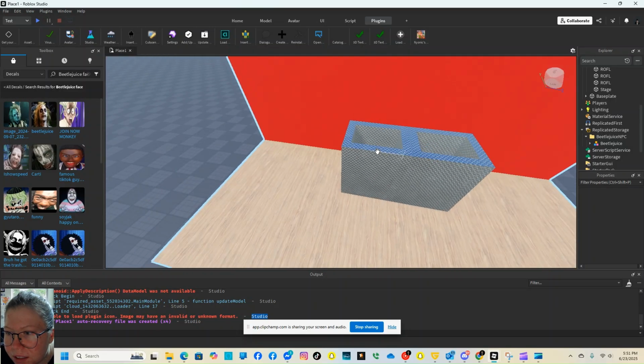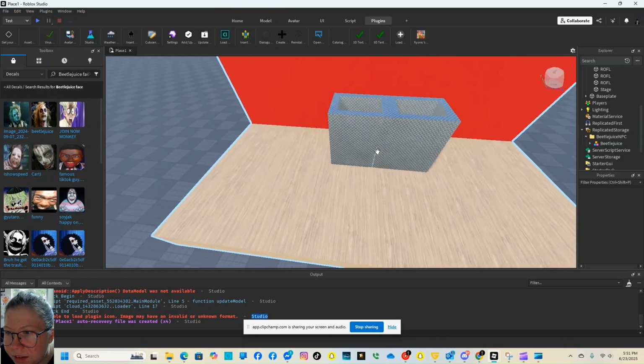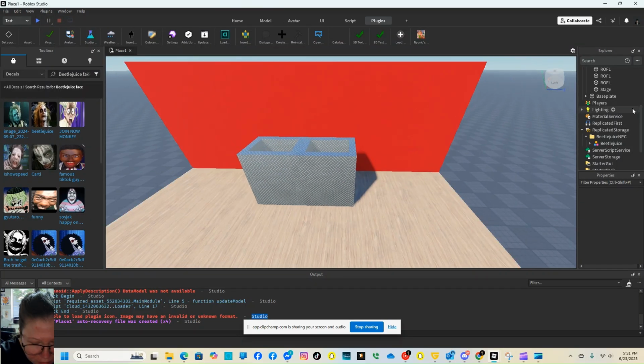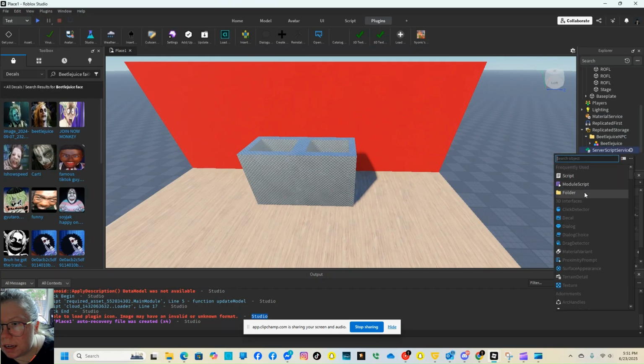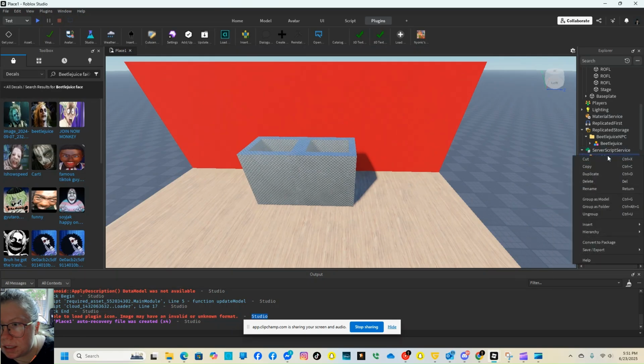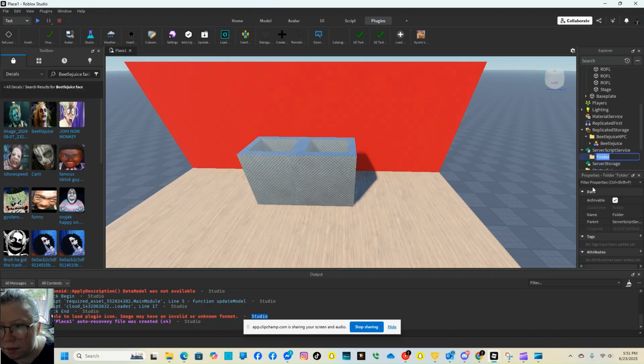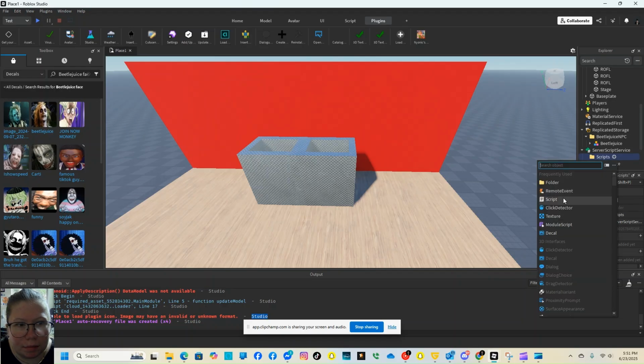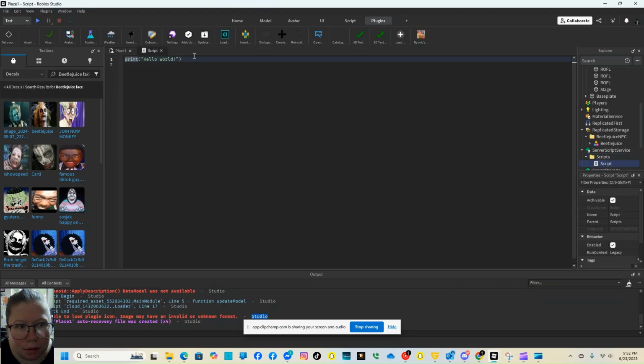Now, the secret part is in the code. Alright, so I'm going to go to server script service, insert a folder, rename it to script. I'm going to make a script and there are some variables we'll need to make. So we'll start with local